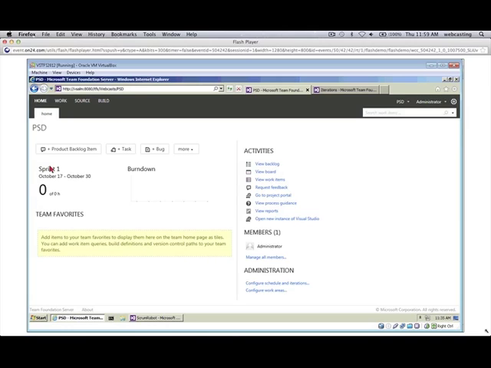I can drop queries here. I can drop some other reports and whatnot here. So I can create a dashboard that's interesting to my team. There's lots of little shortcuts everywhere. So I can jump right over here to the View Backlog if I want. Also, if I wanted to jump into some of the kind of admin options, that's this little cog up in the corner. And I've already opened it and sort of mounted it here on another tab.